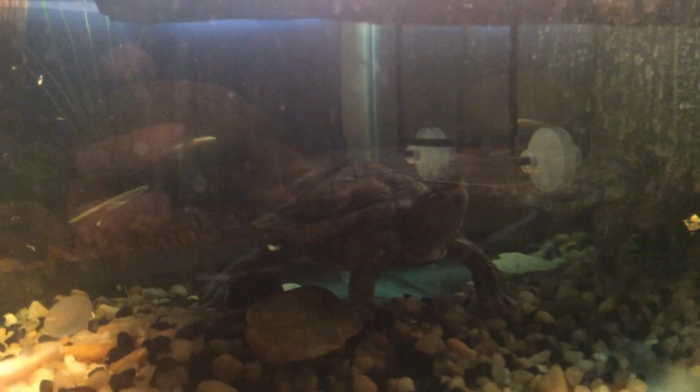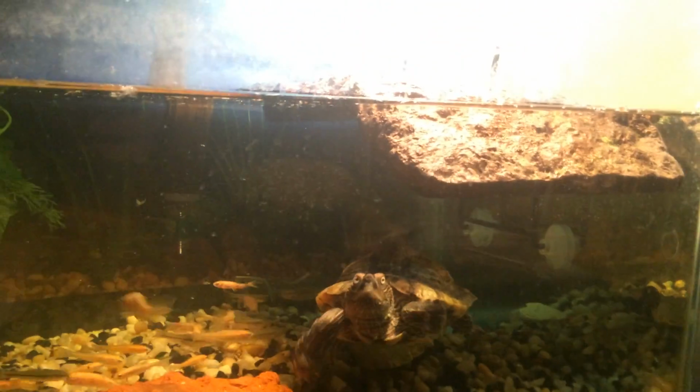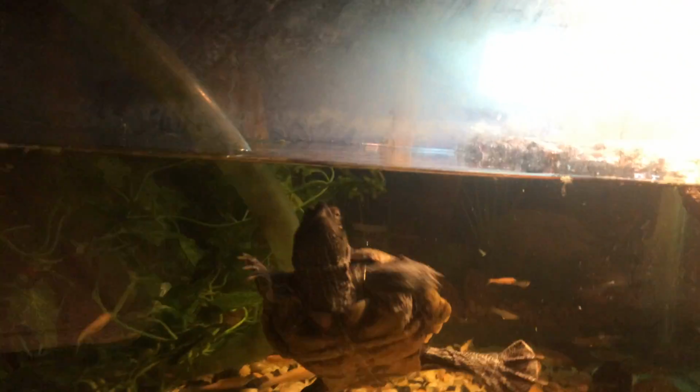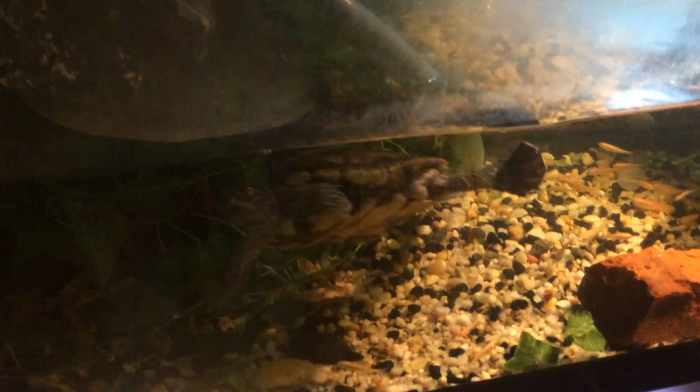Franklin is a Mississippi map turtle. He is, who knows how old. I bought him at the White Plains Reptile Expo, and you're only allowed to sell adult turtles or turtles that are 4 inches in length in New York. So here, let me turn the light on actually in this room. Hopefully that helps. So I bought Franklin as an adult Mississippi map turtle, so I have no idea what age